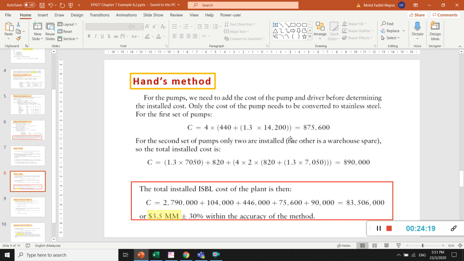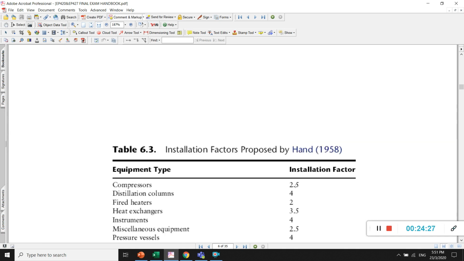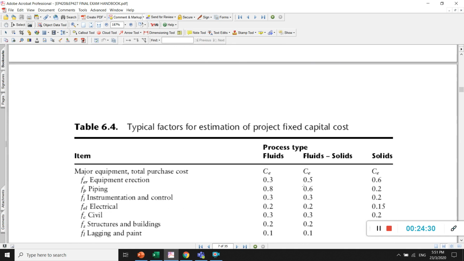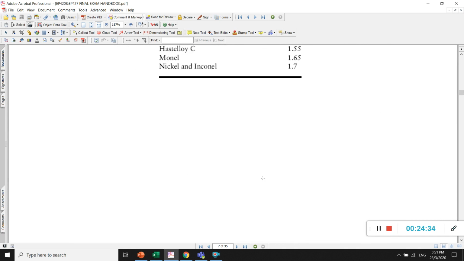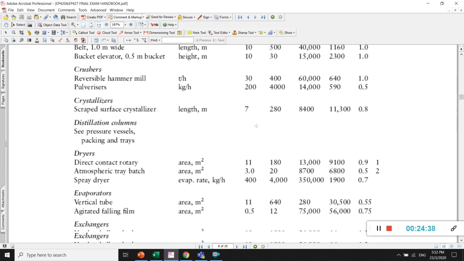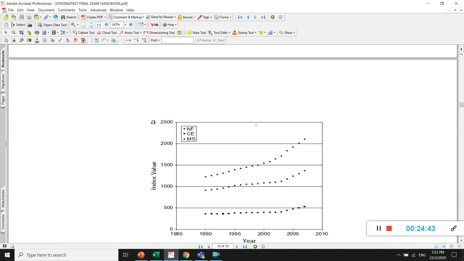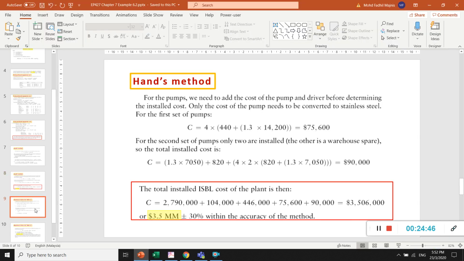This one is a Hand method. You are using these installation factors, and then we are using these material cost factors and also this equipment costs. That's all. So we continue with this